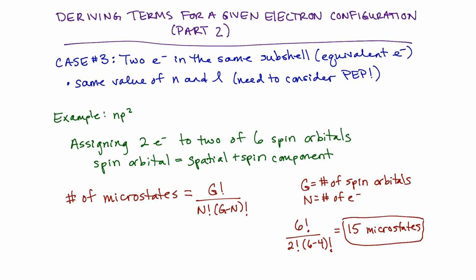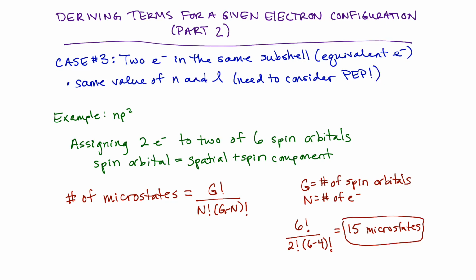So the example that we're going to work with is the np2 configuration. So we're going to look at two electrons that are distributed in 2 of 6 spin orbitals. Okay, so remember our spin orbitals reference both a spatial and spin component. Even though there are only 3 p orbitals, each orbital can have electrons in a spin up or spin down configuration. So when we consider the spin component, we get a total of 6 possible spin orbitals that